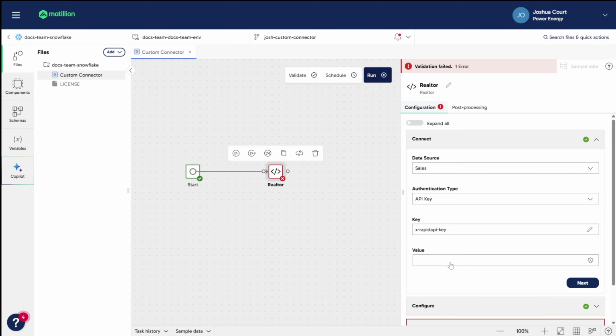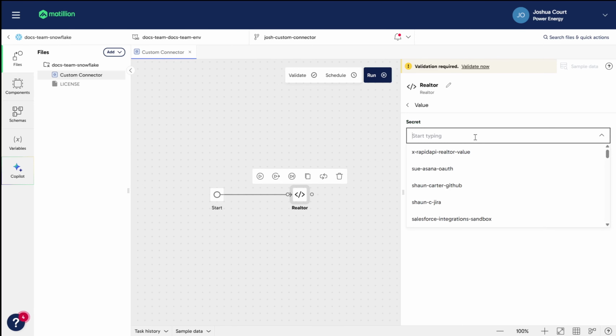Next, we need to select the API key, which needs to have been set up as a secret definition already. If this hasn't been done yet, you can click the Manage button to create one. If you don't know how to do this, you can use the link below this video to learn more.